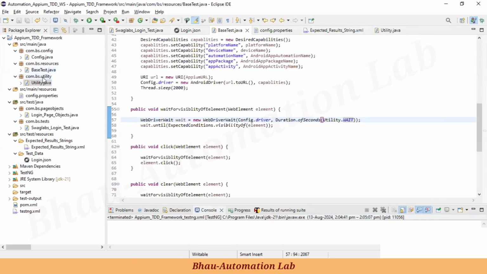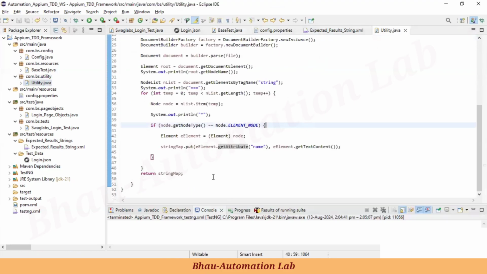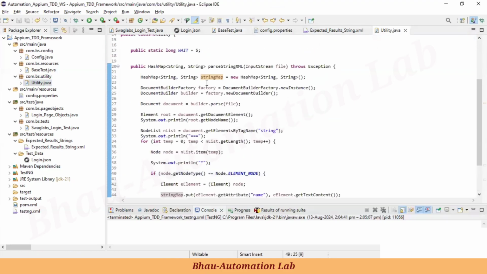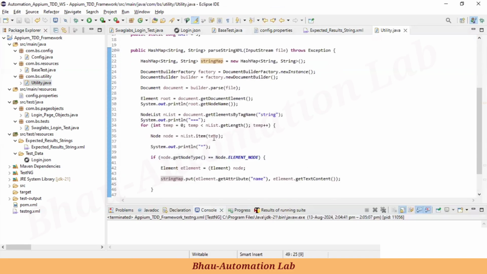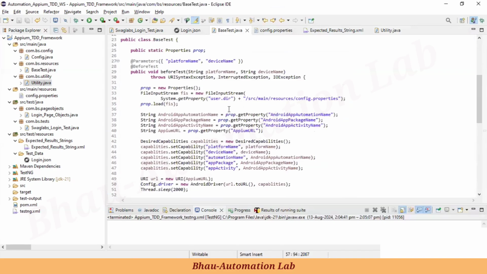So this is how we can create and read this particular XML file. Okay, so let's go to the utility class again, and it will return the string map. But how to implement this? Before running any test cases, our control always goes to the before test class, right? So here we have created our